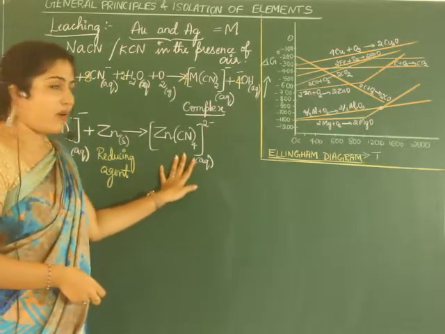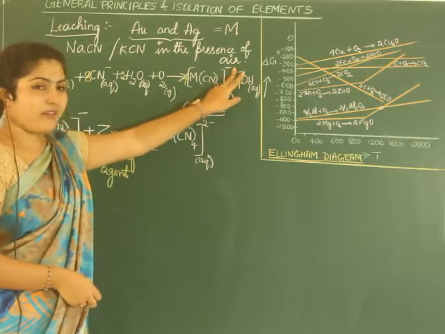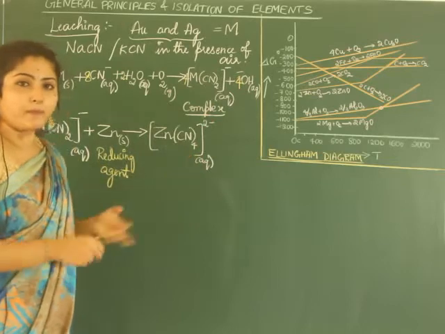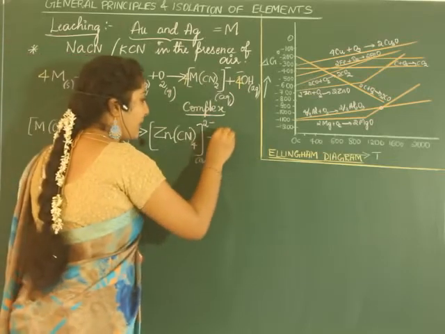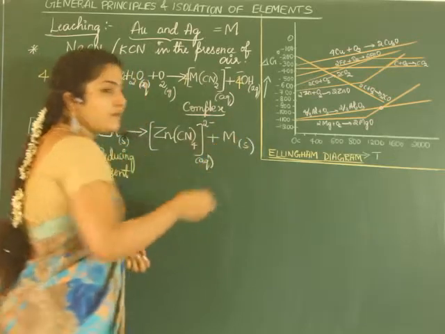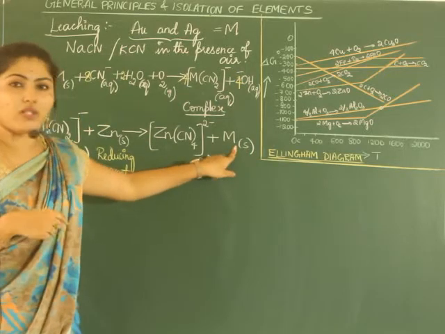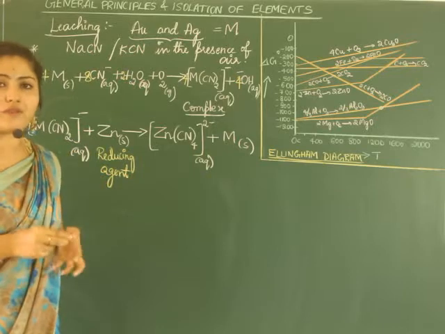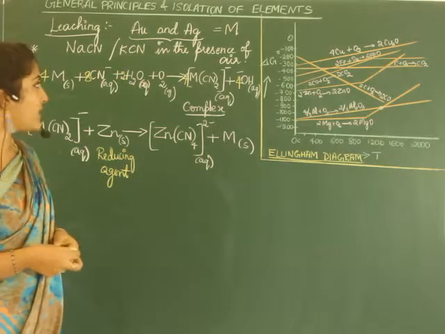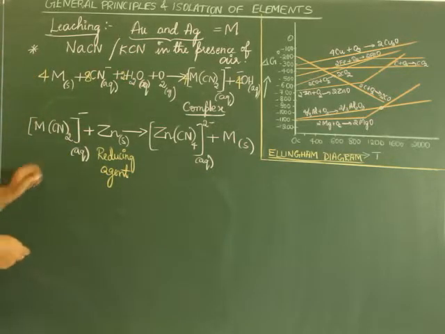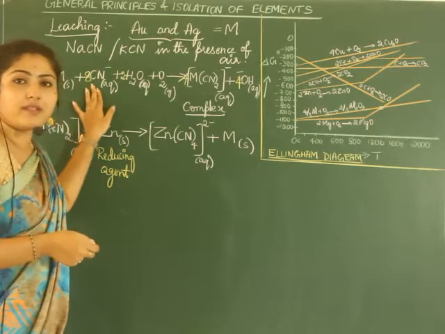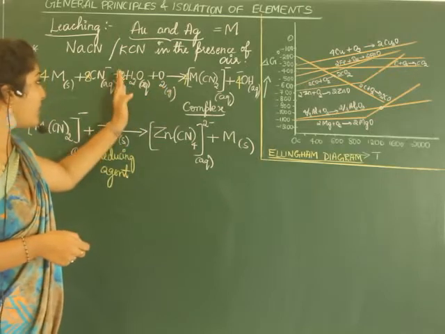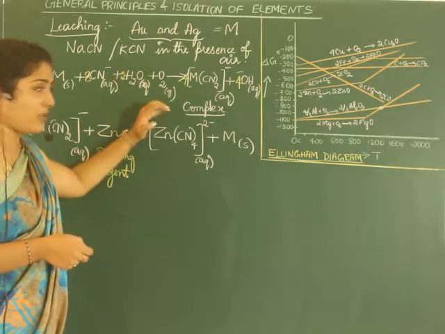This complex is formed. Are you getting it? Here it's only 1 minus, here it is 2 minus, and here it is CN2, here it is CN4. Now the metal separates out. So this metal is now the concentrated metal ore which we have got. Is that clear? So what we have done, we have taken the metal, treated it with a cyanide solution in the presence of oxygen. Since we have taken solution, we have taken water here, H2O.